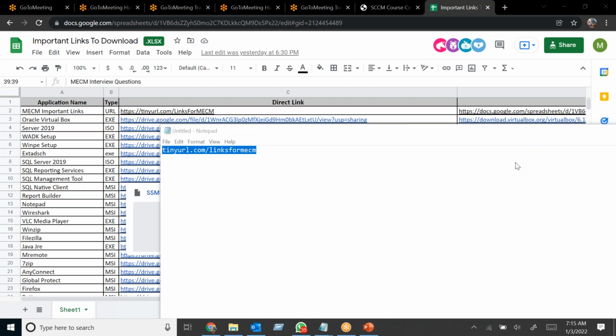So level 1, level 2, what is the difference, sir? Level 1 is client troubleshooting, basic issues on the client side, PC building, and a little bit of application deployment. When you go to level 2, you have to do more on the server side, check issues on the server side, and install new site roles, like if you have to install a distribution point or another management point. That comes under level 2.